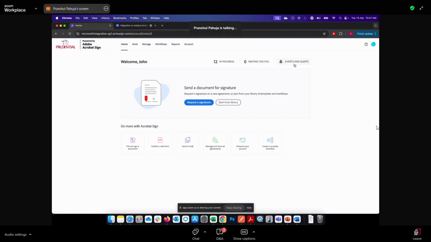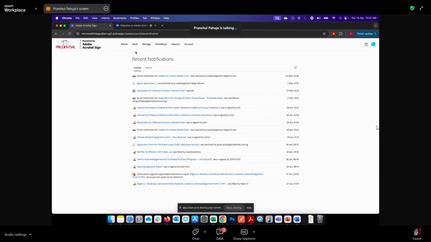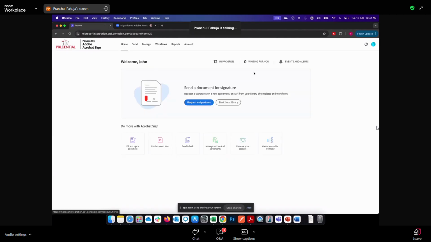Then there will be an events and alerts tab. If there is an event or an alert which has happened which probably requires your attention, you can click here and you will be able to see it. If you want to, you can just quickly go and see if there is something really pressing which needs your attention. Then, when you want to send out a document for signing,